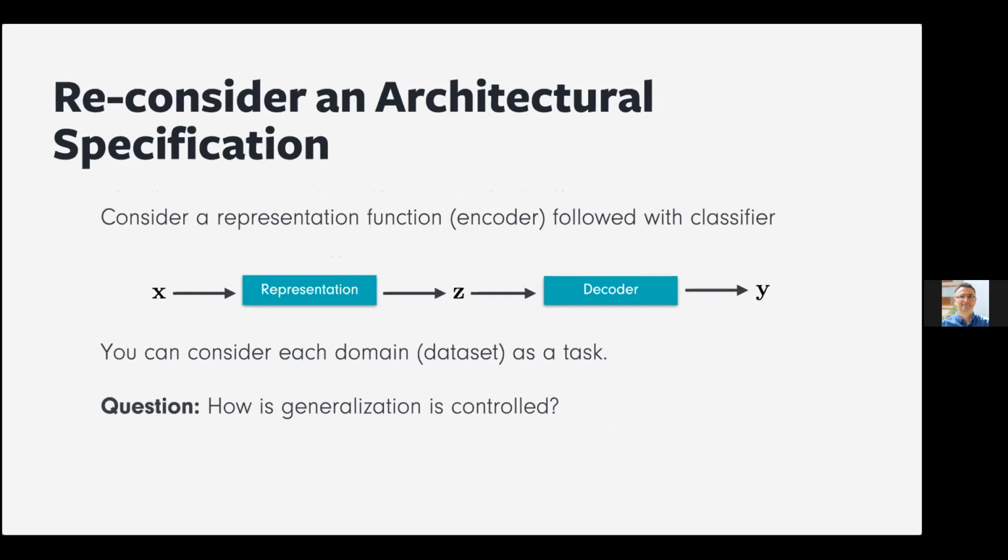And to understand it, we need to look at the domain adaptation literature or domain generalization literature. The idea is we have to look at this representation. So we go from this input X to a representation Z and then the solution Y. We need to find how this generalization is controlled with respect to this Z space, so that we can actually enforce things on this representation space, hoping that it will lead to generalization.